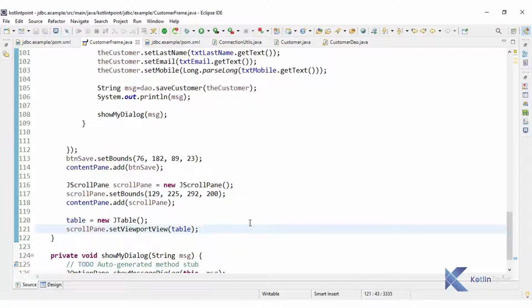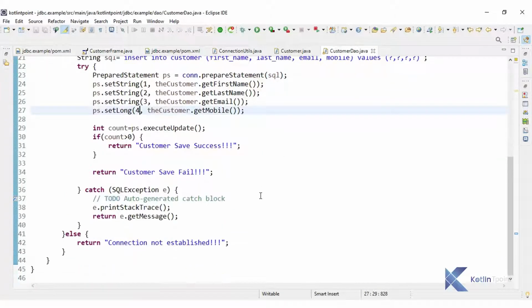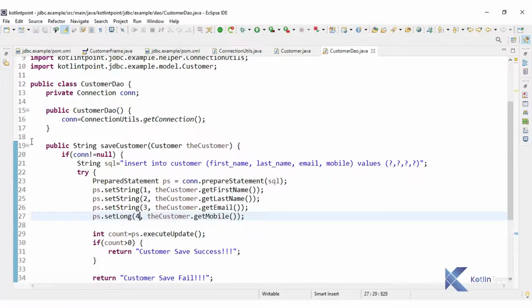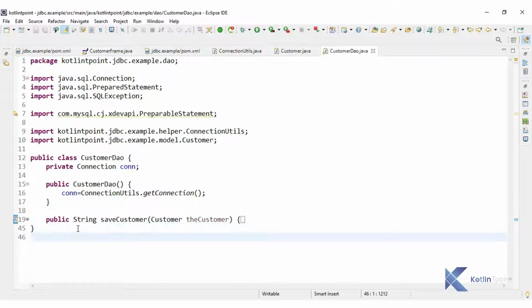So before fetching the data we need to create one method here inside CustomerDAO. We already have one method, saveCustomer. One more method I will create here. So public void getAllCustomer method I am creating. With this method we need